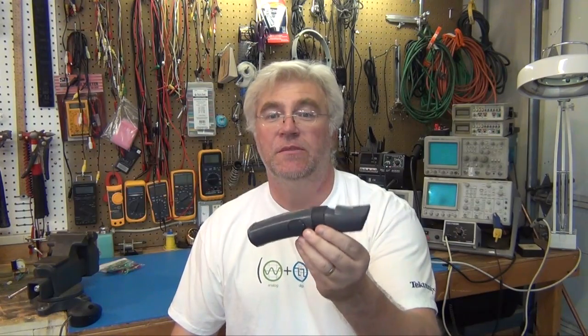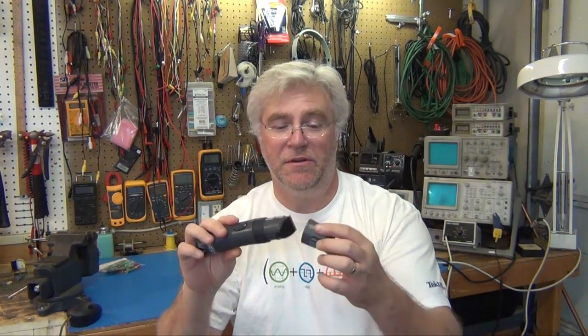I got to repair something, so I thought I'd share. I've got a beard trimmer here. I've had it for many years, maybe 10. I like to use it when I'm lazy and don't shave for a while. It's really good to whack off the beard, or even trim it if you want to have a little bit